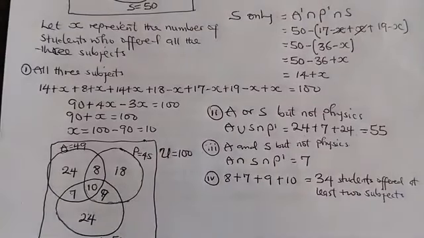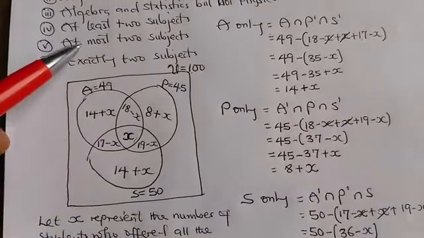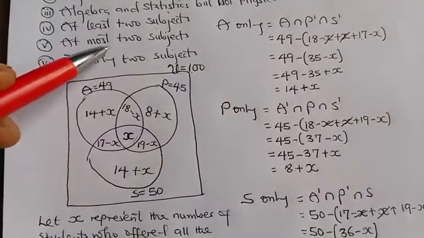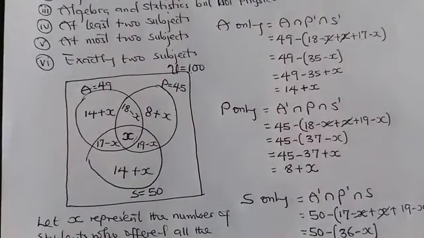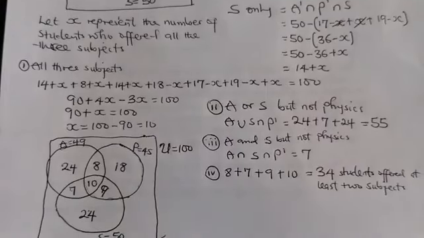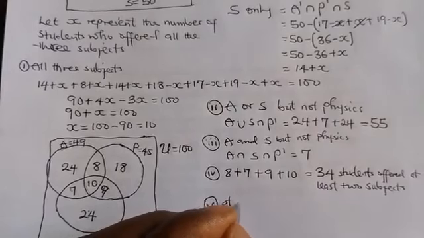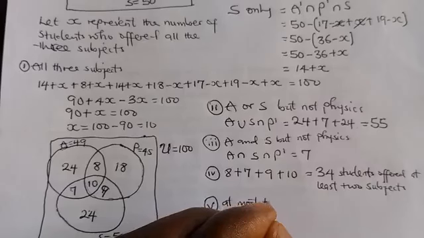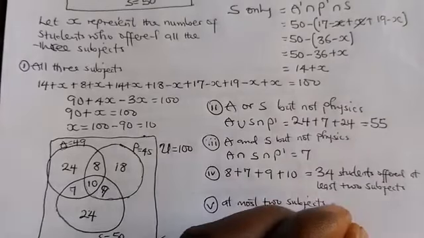So the 5th question says we should find how many students offered at most 2 subjects. This time around, at most 2 subjects implies 2 and below. Those that offer exactly 2 subjects and those that offer 1 subject only, that is 2 and below. For the 5th one, we have at most 2 subjects, that's equal to,